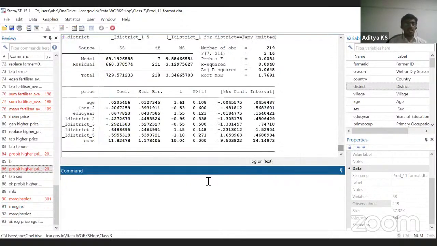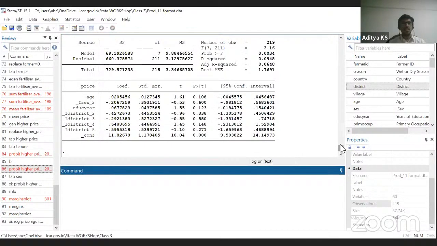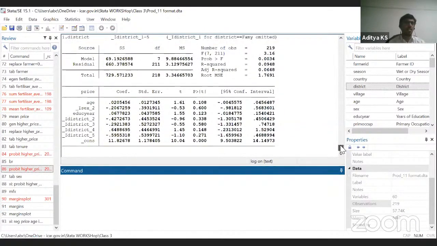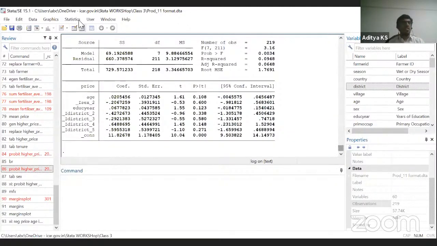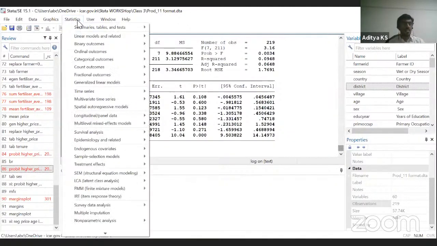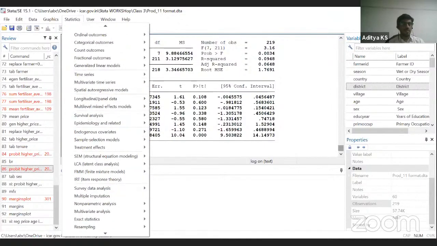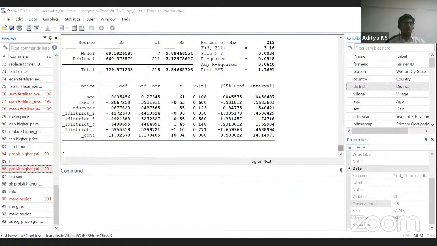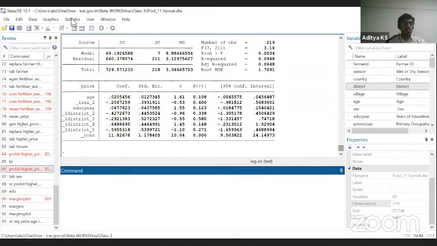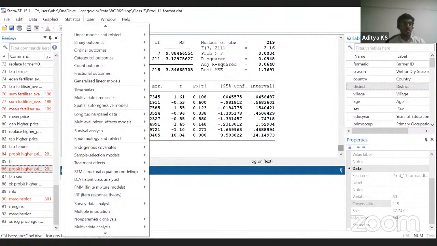So if you just click on it, you will get the results here also. Except constant, none of the variables are actually significant to interpret. And once you run the regression, okay, then you can go to statistics and scroll down. If you click on post estimation, once you run a model, then click on post estimation. Okay, sorry, you have to go to statistics again and